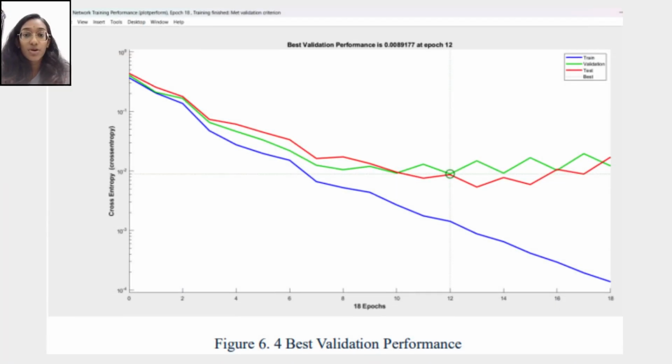So now let's explore the performance plot. The blue line represents the cross entropy error for the training data per epoch, while the green line represents the cross entropy error for the validation data per epoch. The best validation performance is indicated by the green circle, which occurs at epoch 9 with the cross entropy error